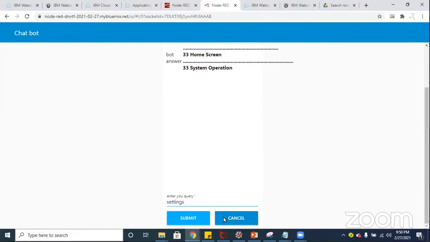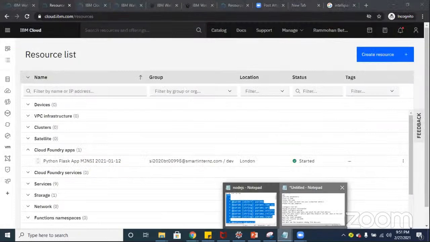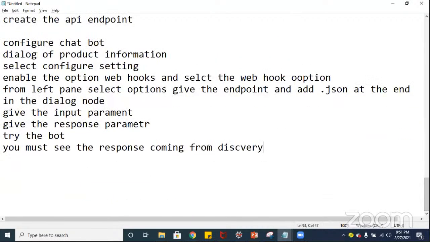And now I'll show you how do you create this. All right. To do so, first of all, you have to create a service called Node-RED. So service called Node-RED. To create that Node-RED service, I'll also